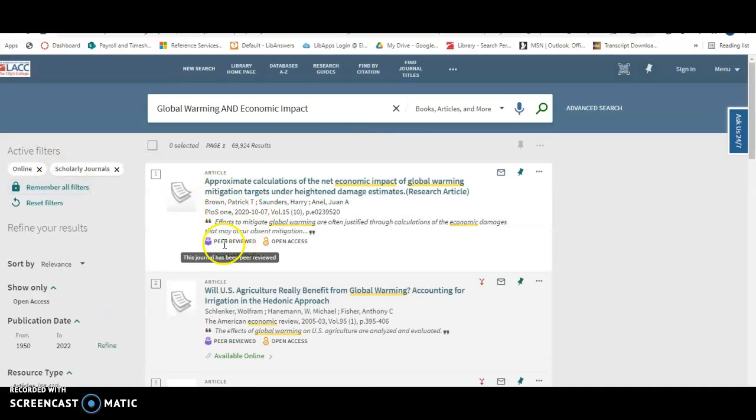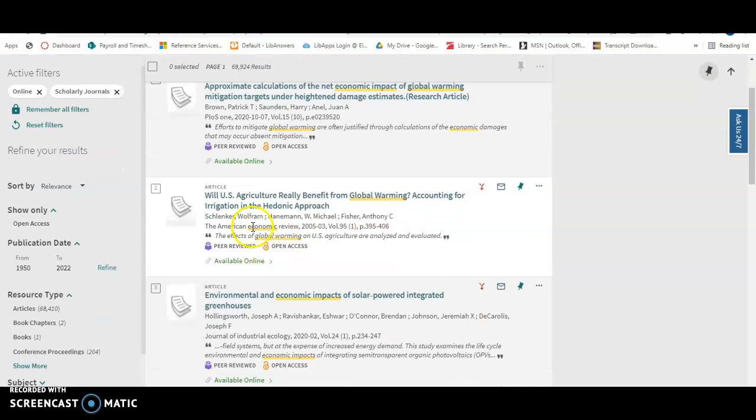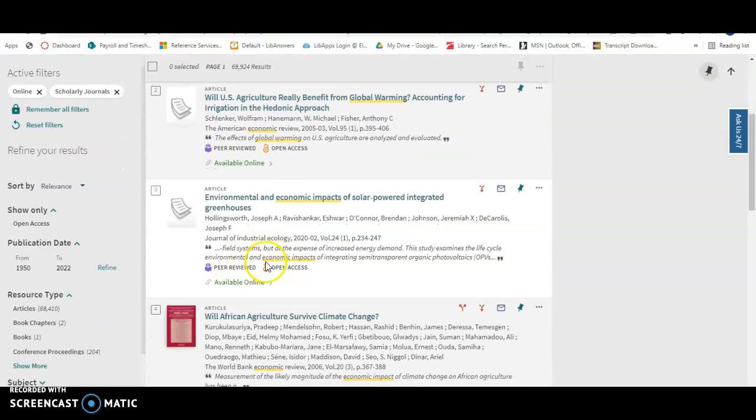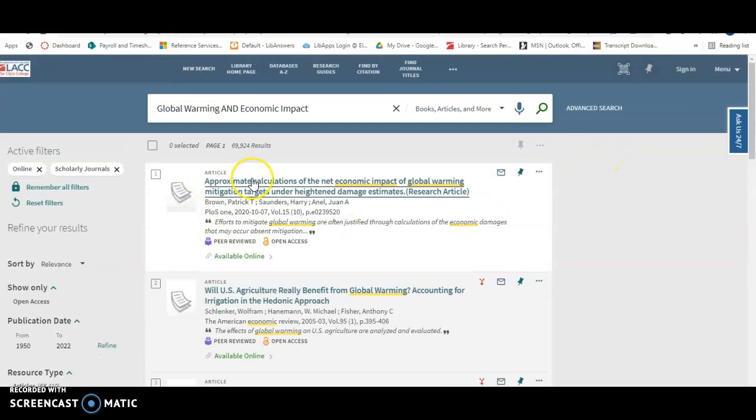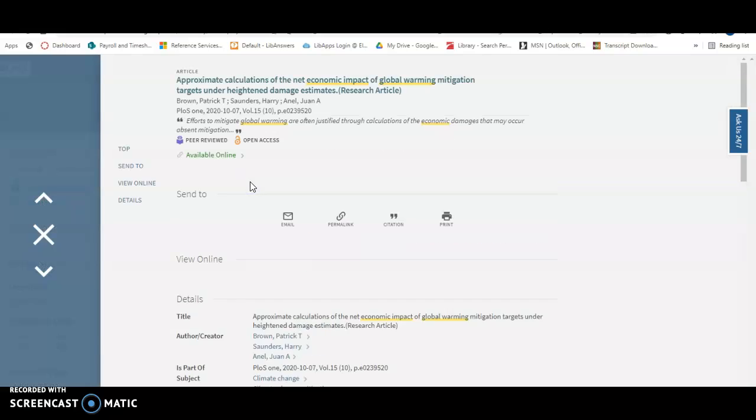And anytime it says peer-reviewed, that is your indication that this is, in fact, a peer-reviewed article. If it doesn't say peer-reviewed and it only says available online, that's more or less just an article, like a magazine article. So I would just click on this, just take this top one right here,